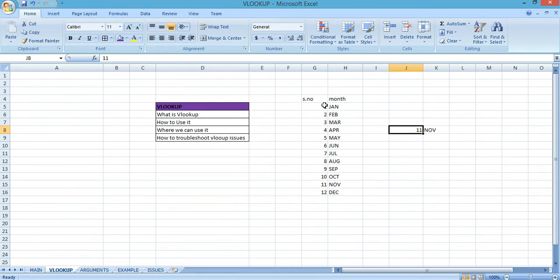So now you want to know how to use it. For your easy reference, you can take it in this way, that VLOOKUP is based on 4 W's.